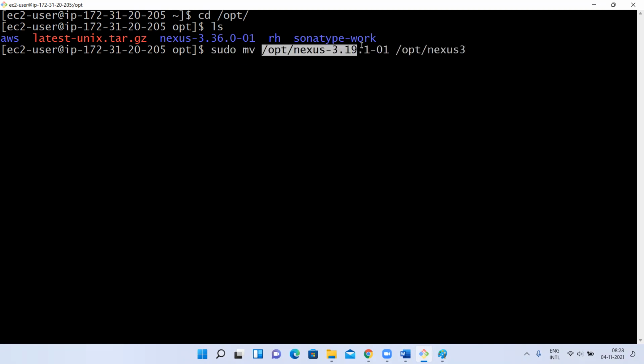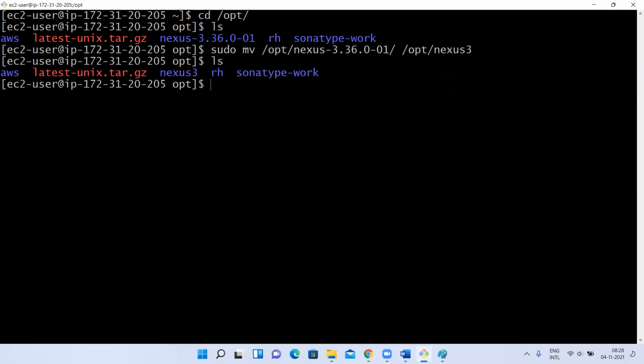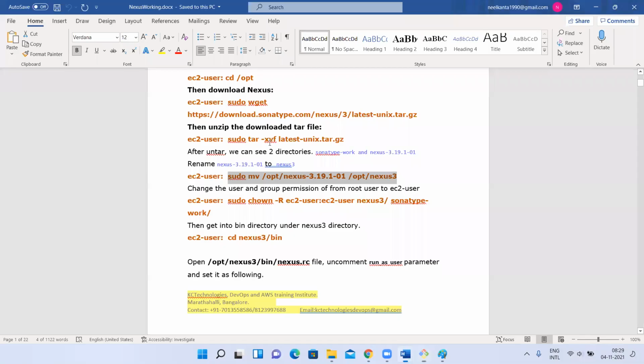Let me change the version here. It is the latest version, right? Okay, so I'm going to rename this nexus-3.6 and all to just Nexus 3. Now if I type ls, it has been renamed to nexus3. Okay, done. I have renamed the folder.